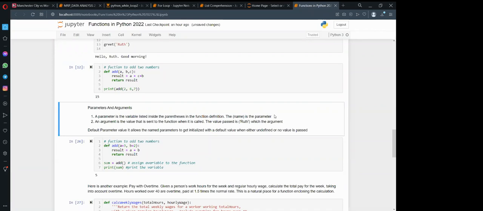An argument is the value that is sent to the function when you call it. So here we called the add function, and the values we gave it, 2, 6, and 7, are called arguments. We send these values so that we can assign them to the parameters which we have stated up there under the add function.